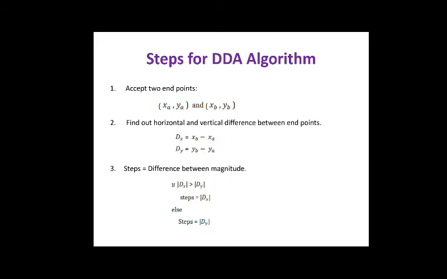So for a gentle slope, steps will be dx. For a sharp slope, the steps will be dy. Means which coordinate we have to increment by 1. Whenever I am saying dx is greater than dy, we have to have uniform steps on the x coordinate, means x is incremented by 1. But when dx is less than dy, the line has a steep slope, and in that case the y coordinate is incremented by 1. So this is nothing but the increment coordinate.